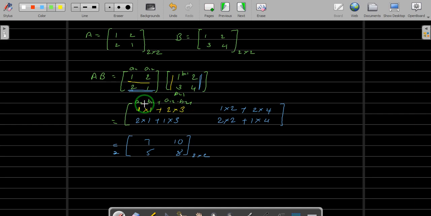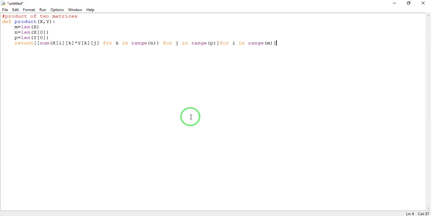The first and last entries stay the same; what varies is j for A and i for B. Then you take the summation. If you have one more entry and one more row, it will go on increasing, and that's what we have done here.